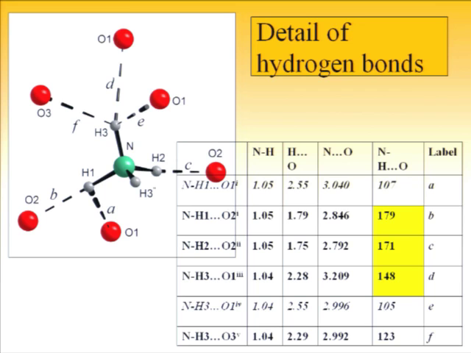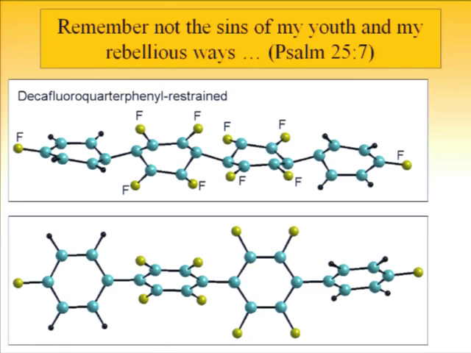Well, for those who are still in doubt, here are the details of hydrogen bonding. This is NH4 in the surrounding of oxygen atoms. Here we have the geometry of hydrogen bonds. Two of them are really strong, and in INS spectra you really find a split of peaks responsible for torsional motions. Well,